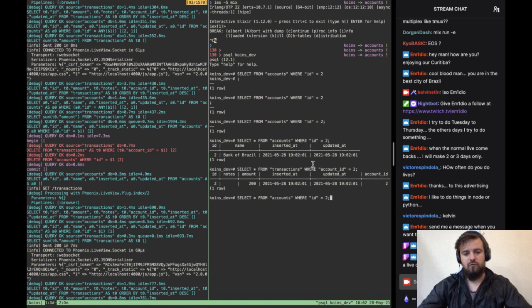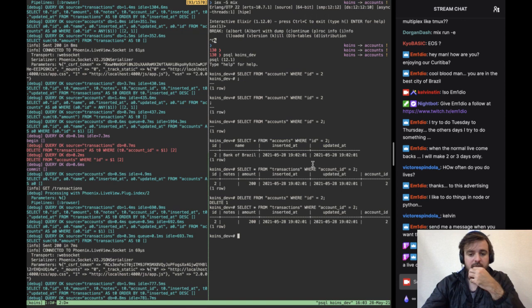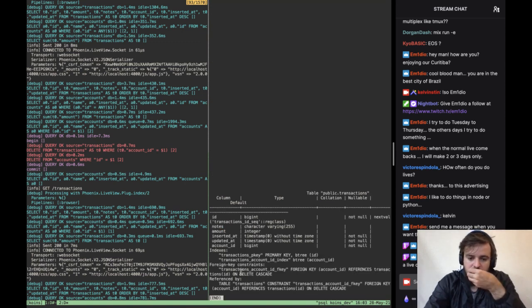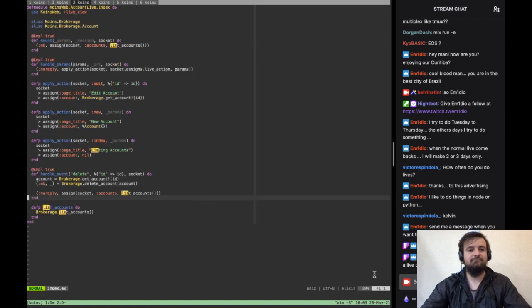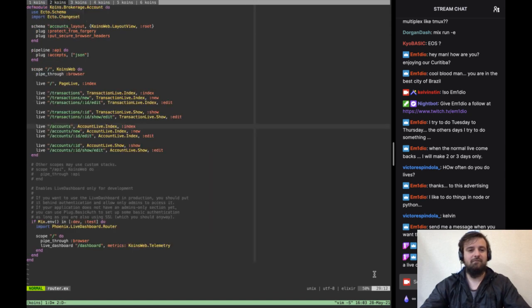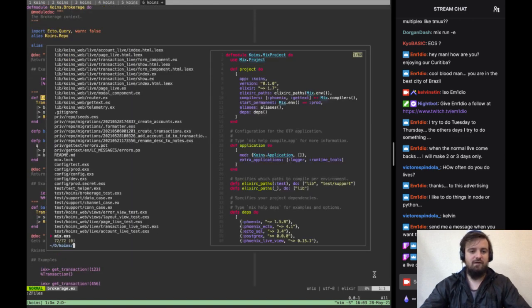And then I'm going to delete from accounts, so it keeps the register, even though there is, on transactions, the transactions account ID foreign key which references